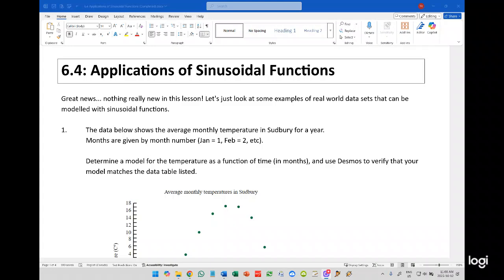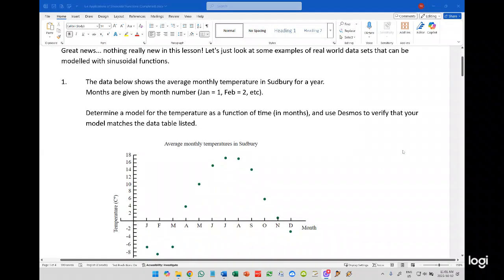Welcome back. In this lesson, we're going to take a look at the skills we've been using over the last couple lessons on modeling sinusoidal functions to see if we can model some real life data. Most of the questions here I've pulled off of internet data to see if we can use real information to find something. This first one is a graph showing the average monthly temperature in Sudbury,